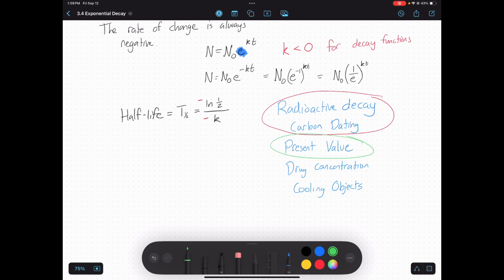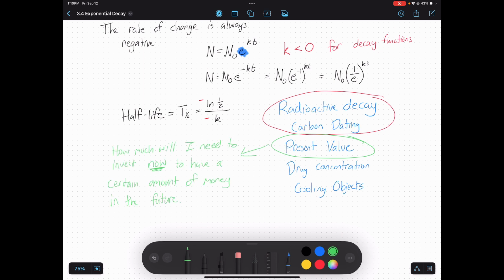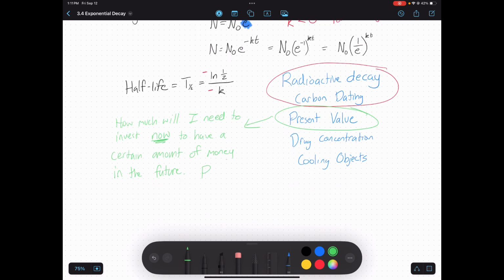Next, let's talk present value. One of our big examples of exponential growth that we talked about was interest, right? If you have a loan or if you have an investment, you can earn interest, and that ends up being exponential growth. Well, present value is the decay version of this. Present value asks the question, how much will I need to invest now to have a certain amount of money in the future? And so it's really just calculating interest backwards, which gives me the equation P, the principal,